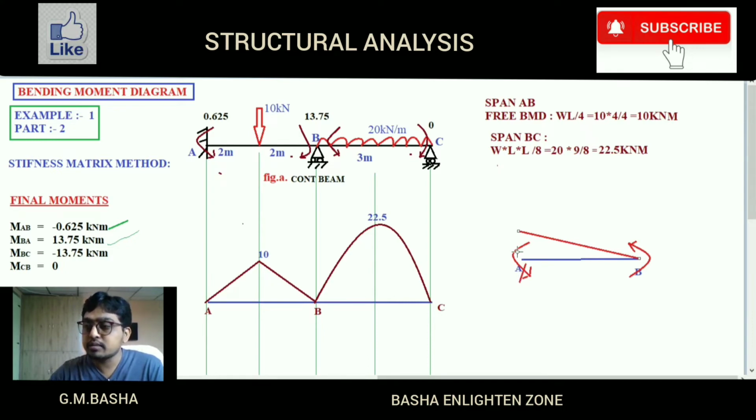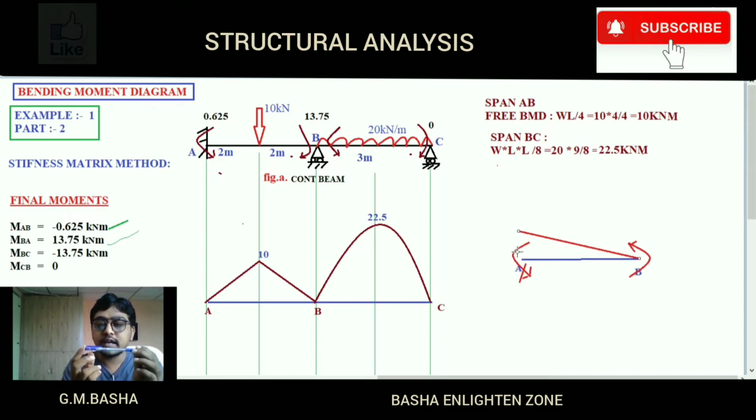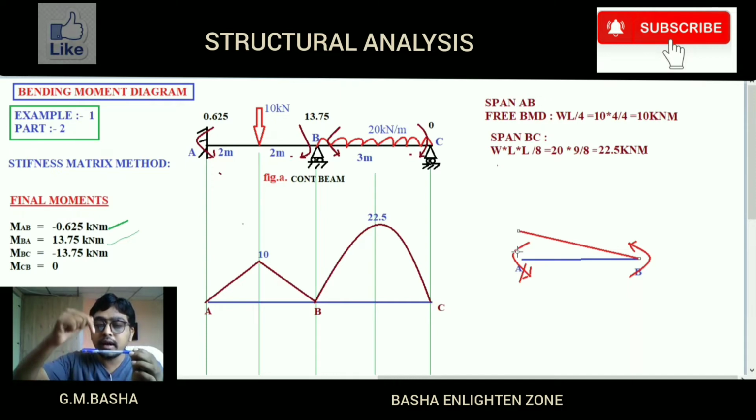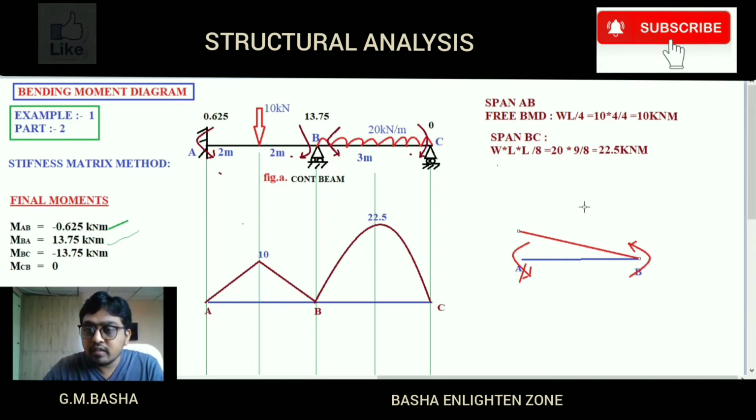See in the diagram what I am telling: at both ends the moments will be applied. On this side a force comes and is applied like this. What happens? For the application of this force, the beam tends to move in the downward direction. For example, if I apply a force like this, it will move in the forward direction. In the same way, whenever a force is applied on the beam like this from the downward side, the beam will move in the forward direction. This is the logic, this is not the concept.